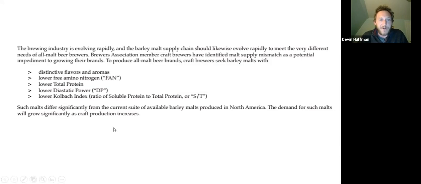If you've started reading it already, that's good, because I didn't want to just read it start to finish. But ultimately, we're seeing a shift in the demand for malt chemistry. And really what's driving that in North America in particular is that the barley varieties that are most common and commercially contracted and purchased in North America were bred and developed with adjunct brewing in mind. So they've been bred for low flavor,